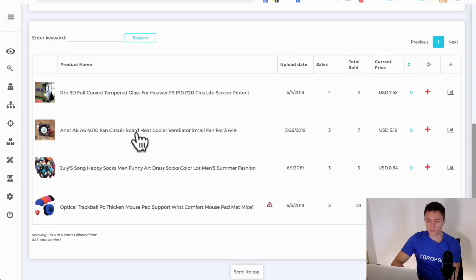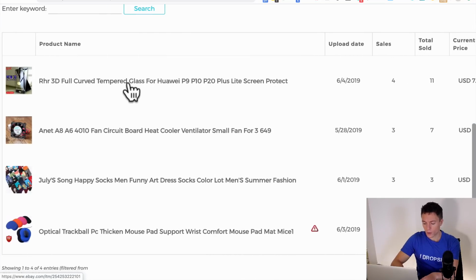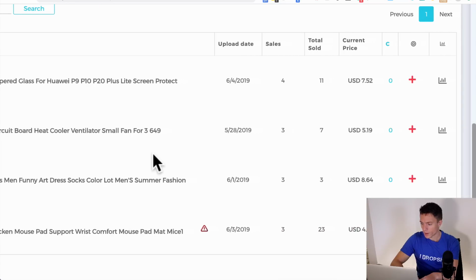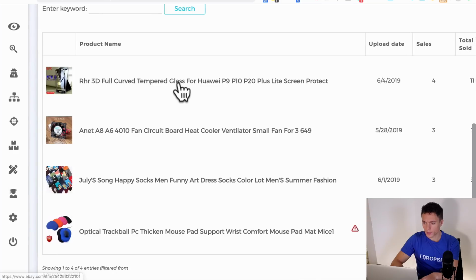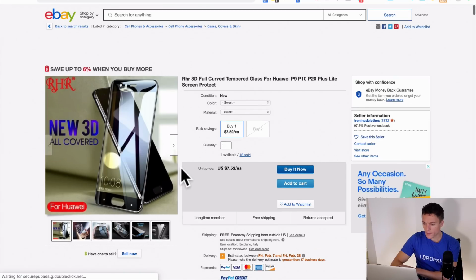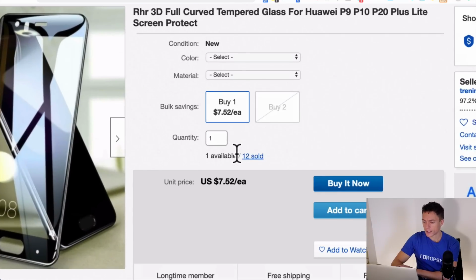And we do have 4 items. Okay. So I can open up now. Let's look. These are mostly cheap items, but that's okay. It's the same general idea. So this is one right here. This one, as you see now right here, it says it's sold 12 times. And I can click on 12